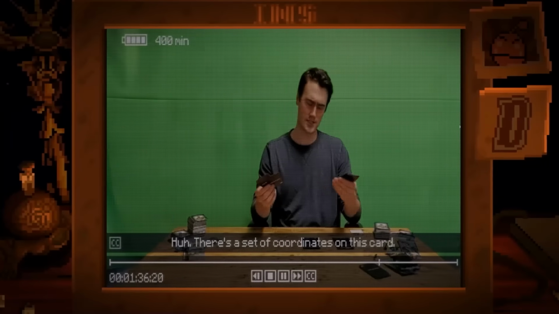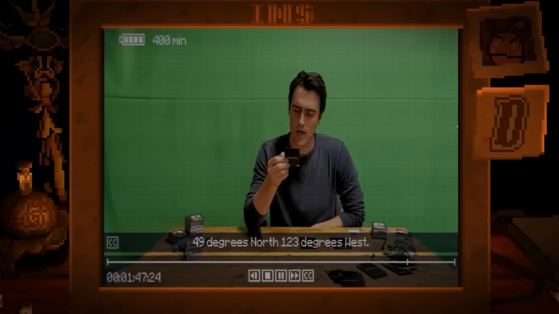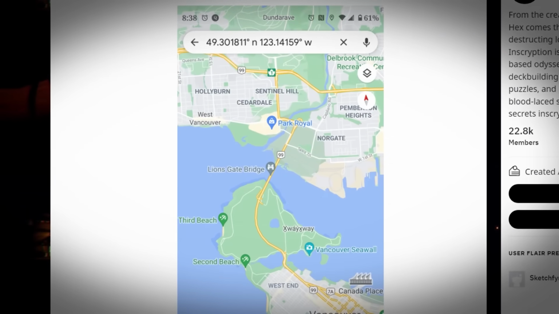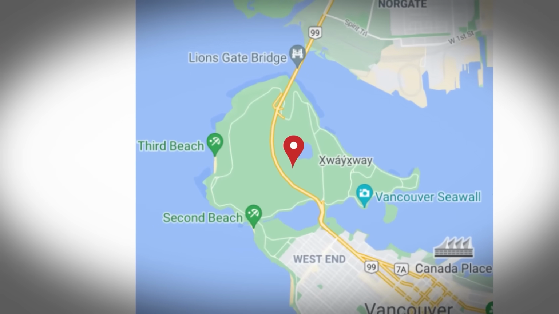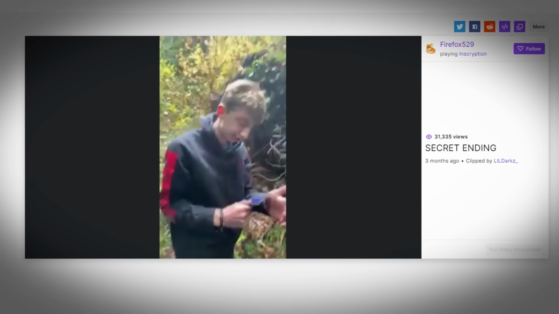There's a set of coordinates on this card. 49 degrees north, 123 degrees west. Turns out if you follow the coordinates that Luke found in his pack of inscription cards, it leads you to a forest in Vancouver. Discord users Nuts for Nuts and Memes Praise Snack actually went out to explore the area,